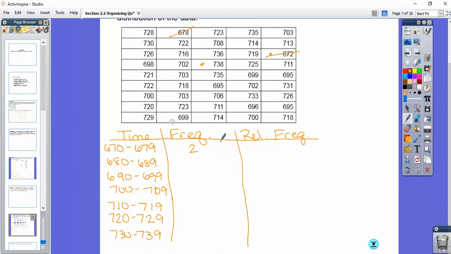Between 680 and 689, I don't see any, so that's a 0. This is where your tally marks could help if you just wanted to go through your list and sort them that way. Between